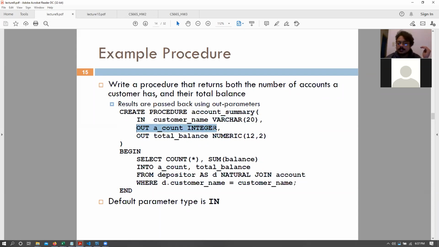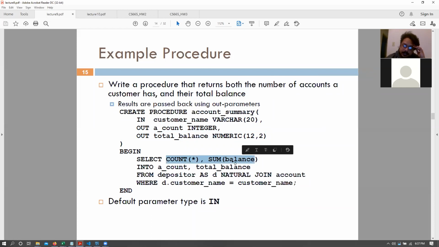An out parameter is what a procedure would update. So here we have 2 out parameters, a_count of type integer and total_balance of numeric(12,2). Again, using the same scenario that we talked about in terms of functions: find me the number of accounts and the total balance for that customer, right?